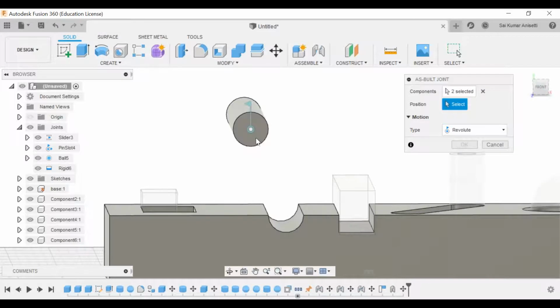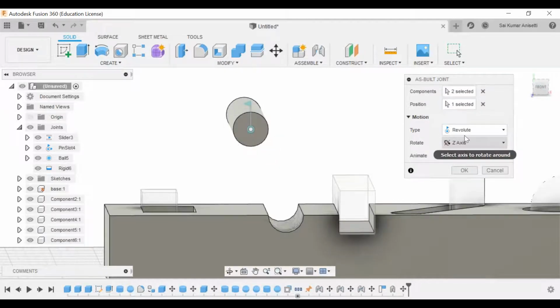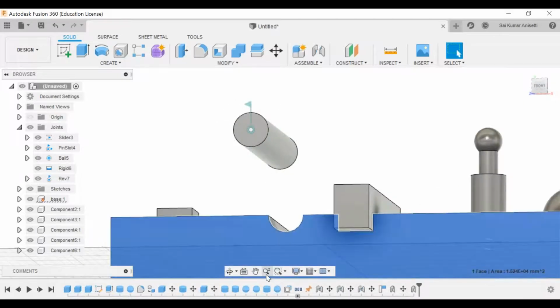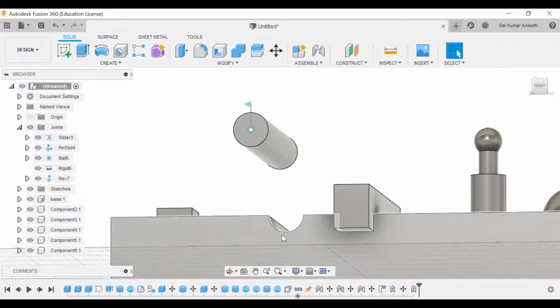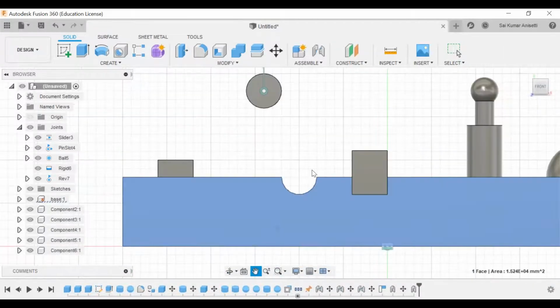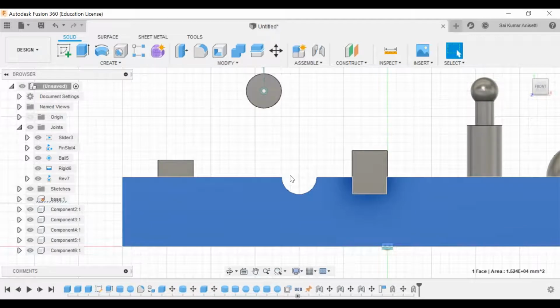I'll select this as my rotation. Animation, and give this as rotation. Now this slot is not exactly aligning with this particular slot. If I move, this joint is not aligning with this particular slot.